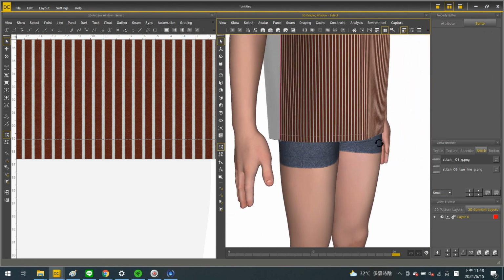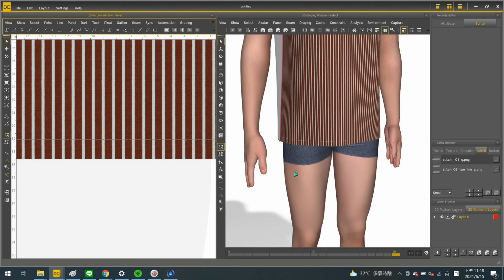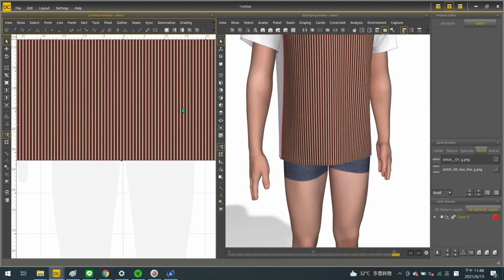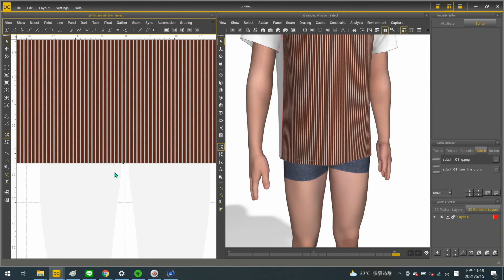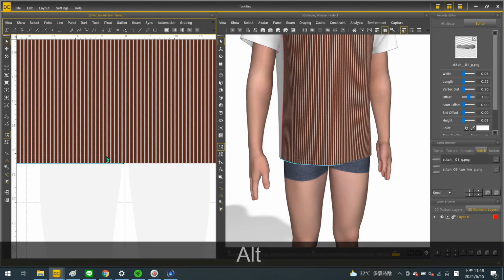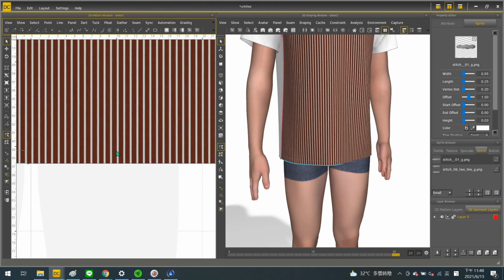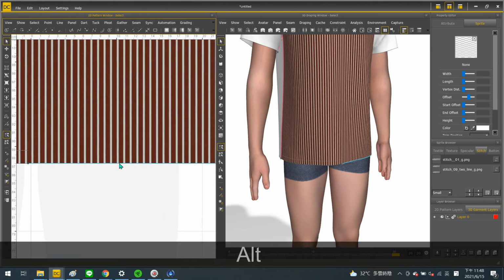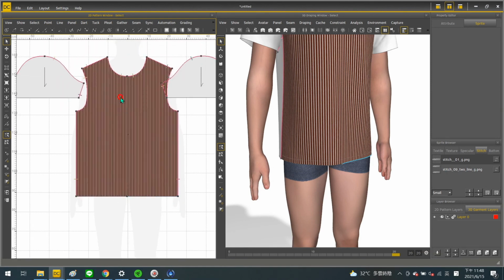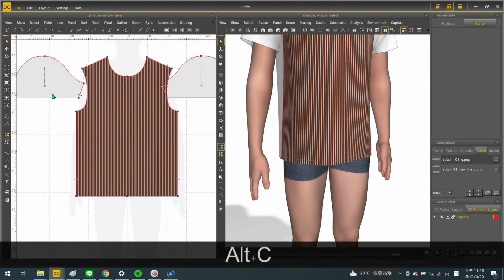And before you start to play with the stitches and fabric, there is a shortcut key for you. For the fabric or stitch you have created, you can use Alt and C to copy them, and use Alt and V to paste them on other targets like a panel or line. So it will be really easy for you to finish your style by copy and pasting.